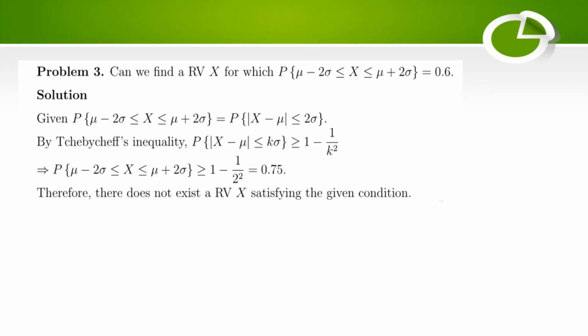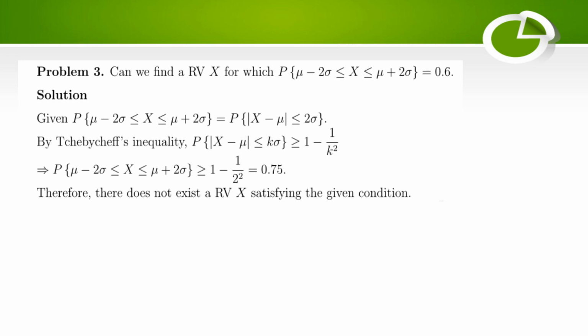Problem 3. Can we find a random variable X for which P(μ − 2σ ≤ X ≤ μ + 2σ) = 0.6? Solution. Given P(μ − 2σ ≤ X ≤ μ